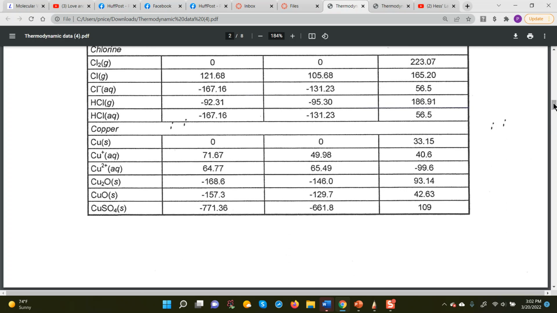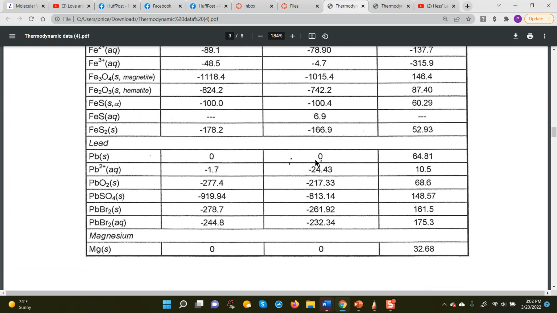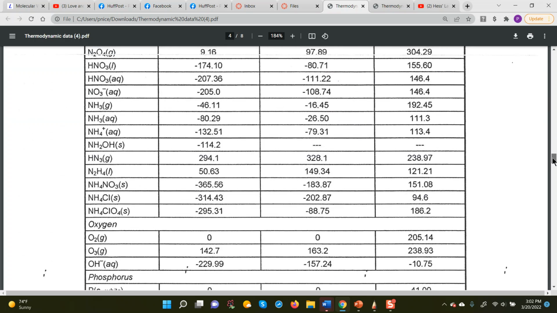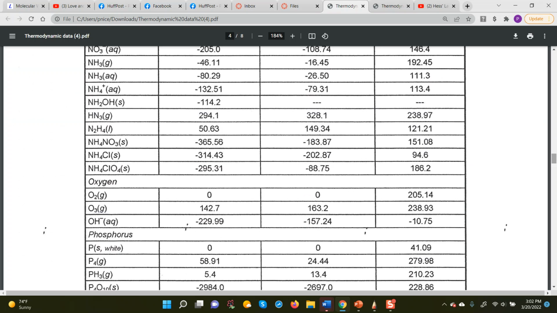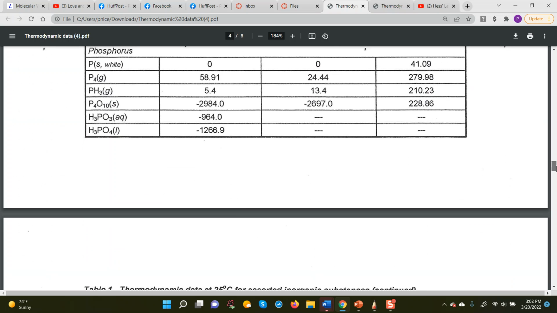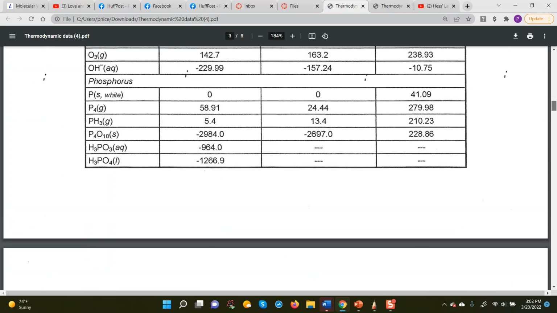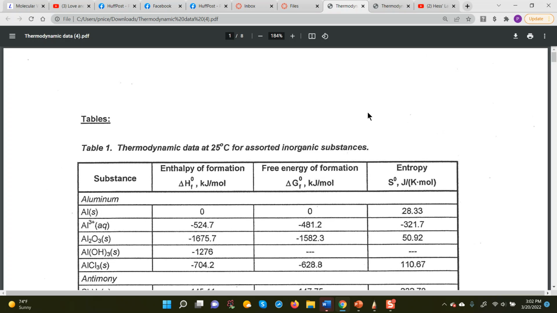For copper, it's 0. Let me just scroll down. For lead, it's 0. And let me scroll down some more. For oxygen, we talked about earlier, 0. And so on and so forth. So basically, for the most part, elements by themselves, not combined with anything, existing in nature under standard conditions, will have